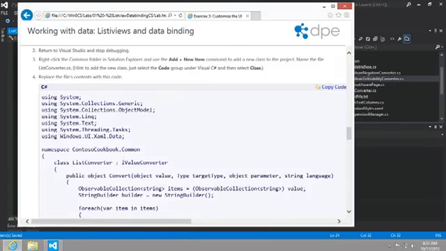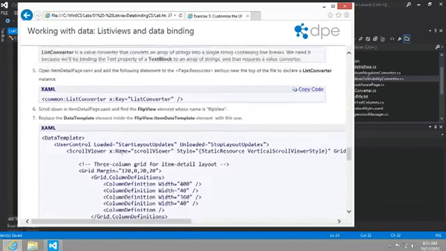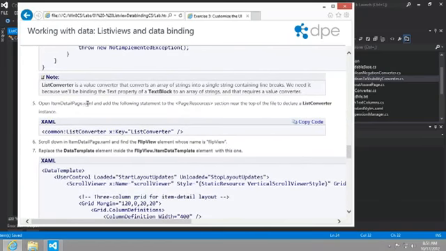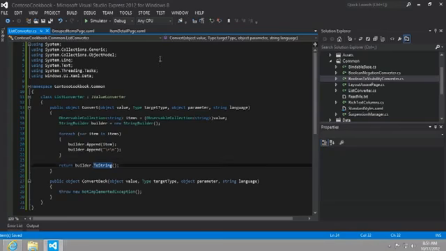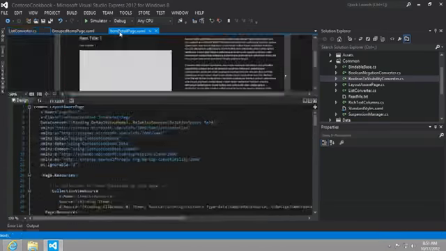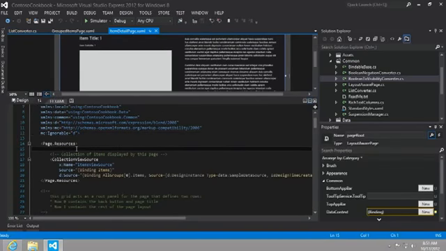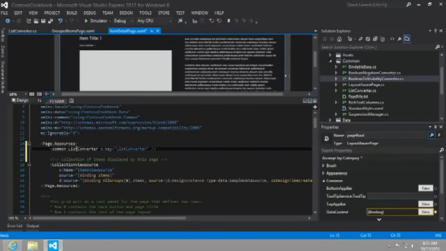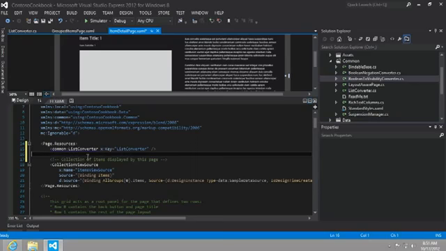All right, so let's continue on here. So now open the ItemDetailPage.xaml and add the following statement to the page.resources section near the top to declare a list converter instance. All right, so I'm going to copy this. So here we're just going to declare an instance inside of our page.resources. I'll just put it here at the top to declare a new instance of our list